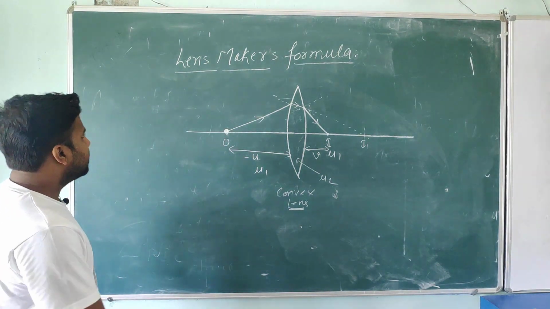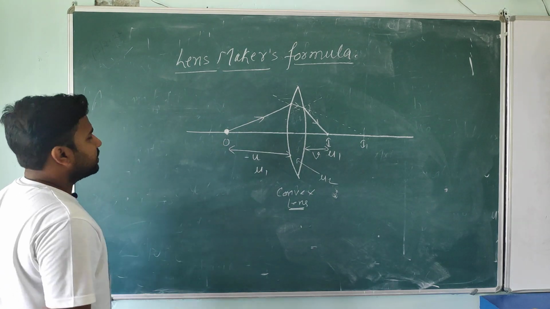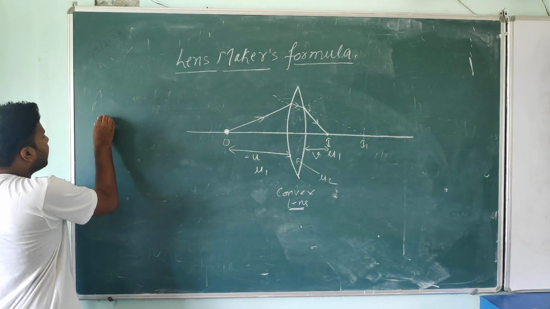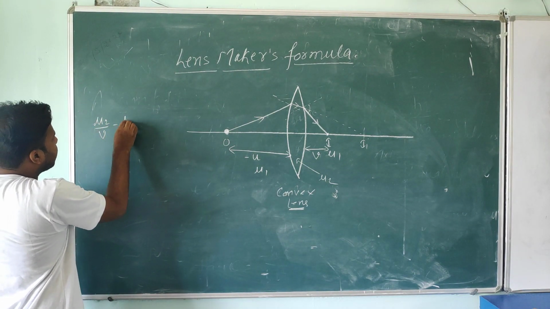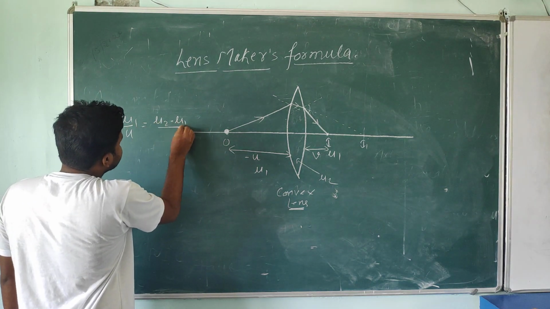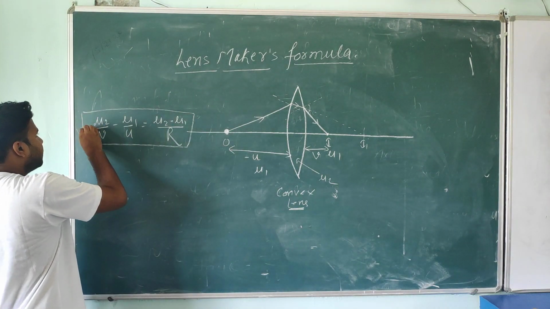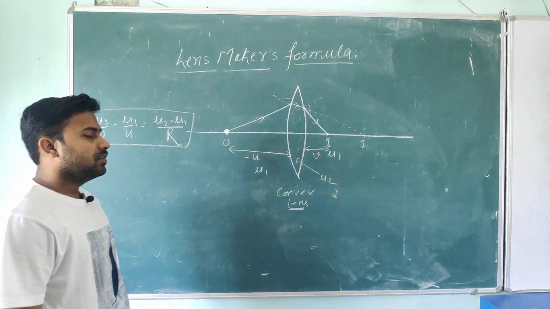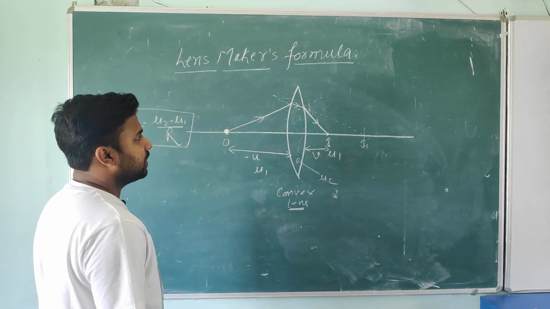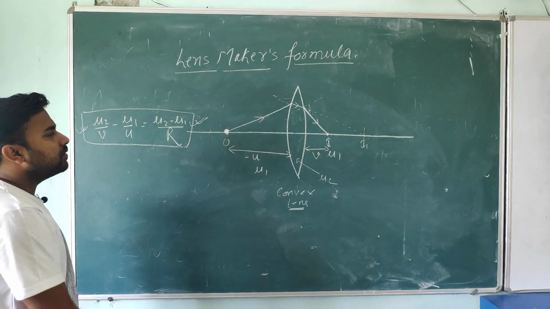The dark line denotes the path of propagation of the light ray coming from this object. Okay student, now we know the formula of refraction. If refraction is happening at a spherical surface, what is that formula? Mu2 by v minus mu1 by u equals mu2 minus mu1 divided by R. I already discussed this formula. The derivation of this formula is also uploaded on our channel, you can watch it from there. This is an important formula student. Now we will use this formula for deriving the lens maker formula.